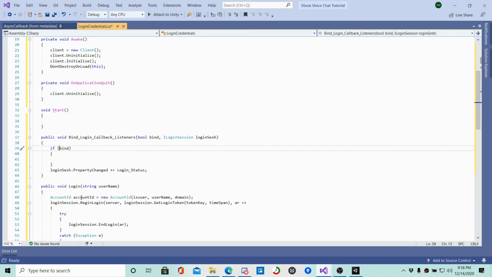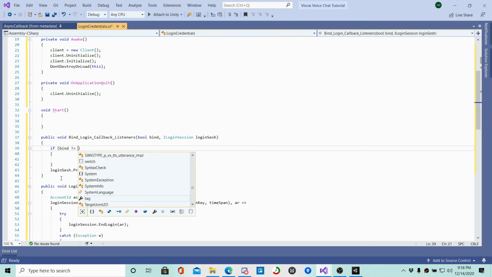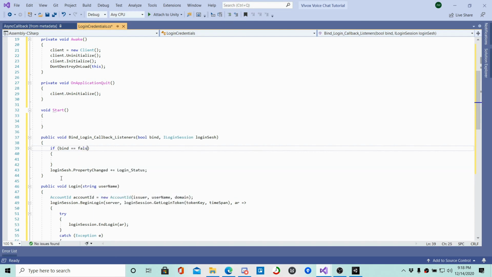And there's also the shortcut of an exclamation mark, and so that's saying if not bind. So if bind doesn't equal true, which is the same as saying if bind is not equal to true, it's also the same as saying if bind equals false. Okay, just in case you didn't know. Alright, so we're going to add that to the if, and then for the else